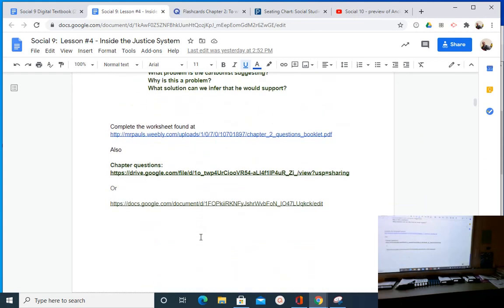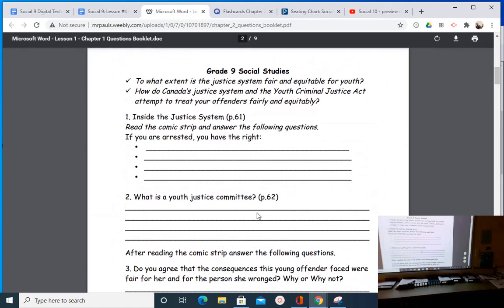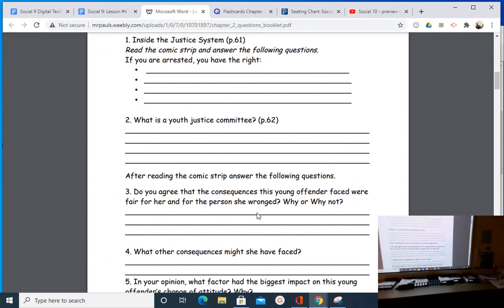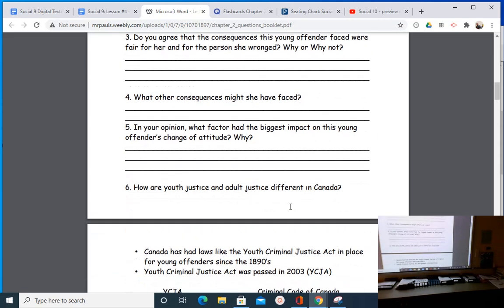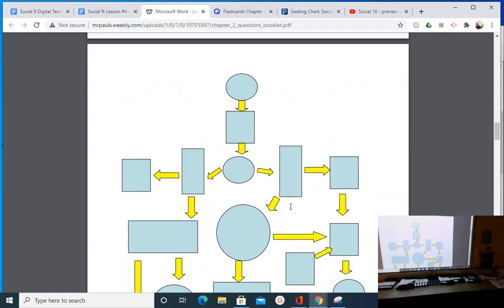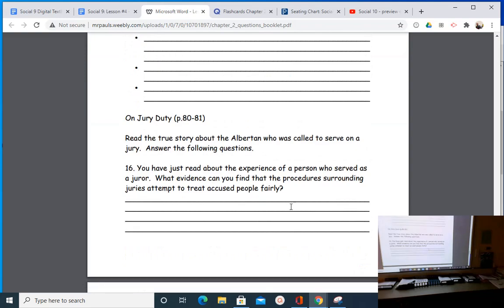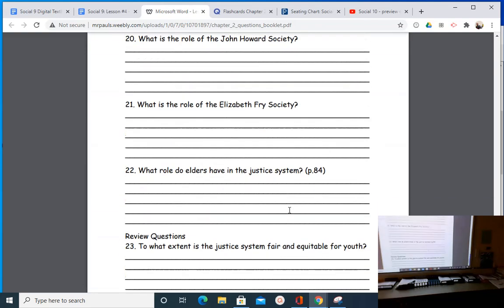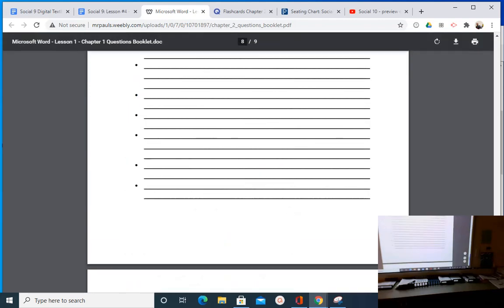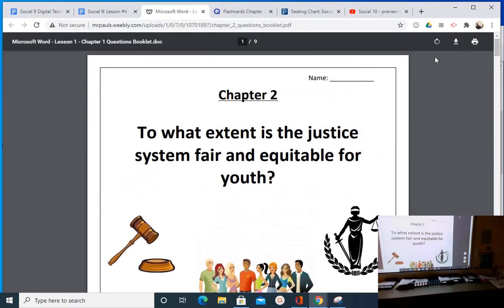When we get back from our break, we are going to be looking at this worksheet. There's an online worksheet that takes us through the textbook, takes us through chapter 2, and gets us to wrestle with the big rocks of the unit. I printed it out for you because you guys seemed reluctant to do some of the online stuff. I didn't want to be printing stuff, but it looks like you guys somehow need that familiarity of printed work. When we get back from the break, you're going to have most of the remainder of the class to work on that booklet.